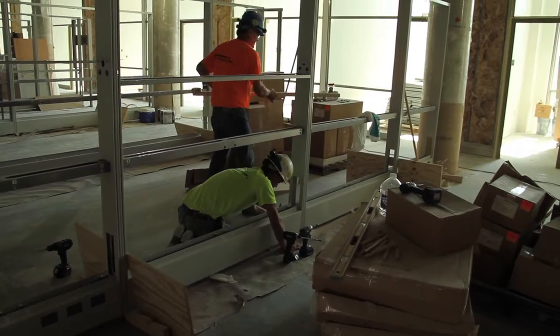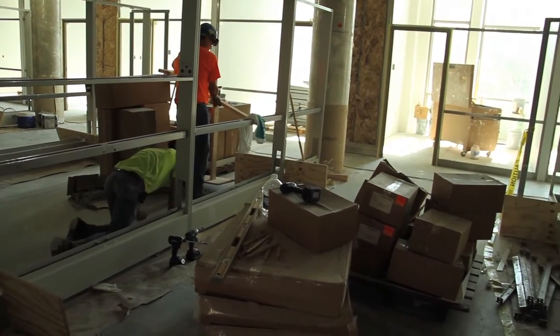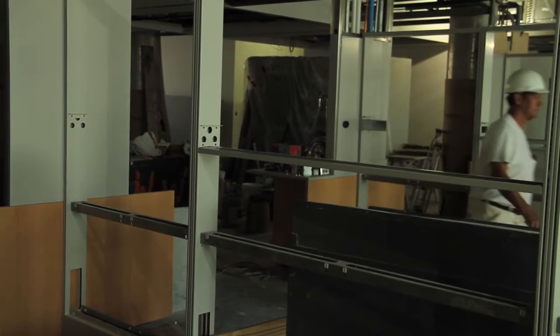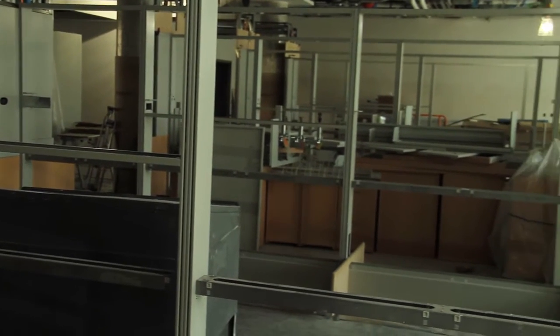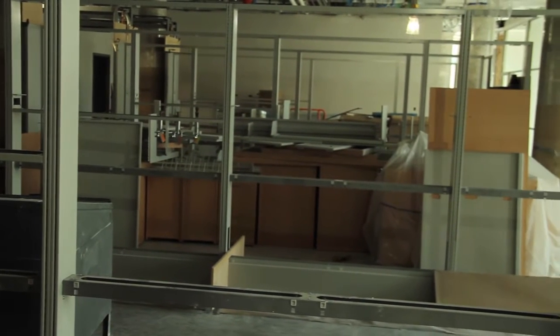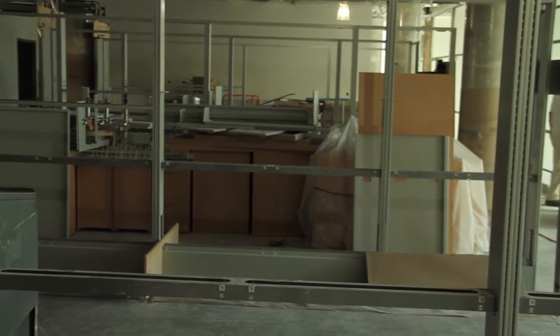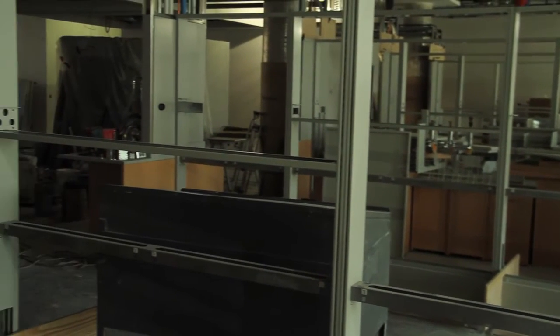We've now moved inside the new Papa John Biomedical Discovery Building. As you can see, we're in a big open laboratory area. The metal structures on either side of me are actually cores from which the casework will be mounted, and utilities that are on the surface of the laboratory casework, such as gas, air, vacuum, electrical service, and any water services